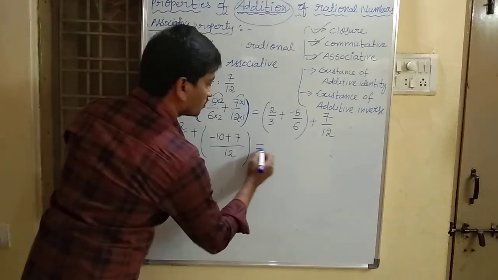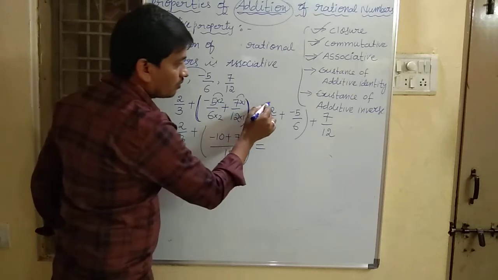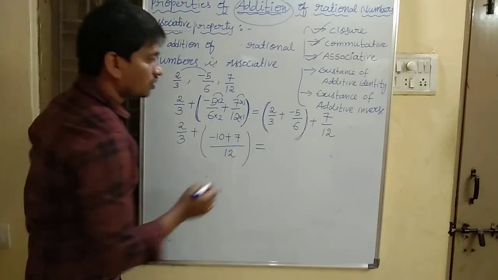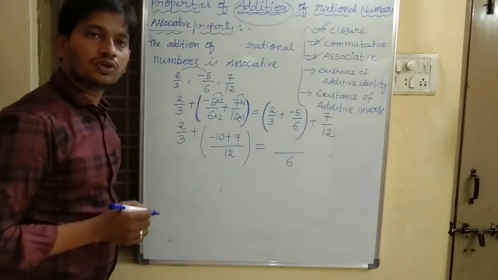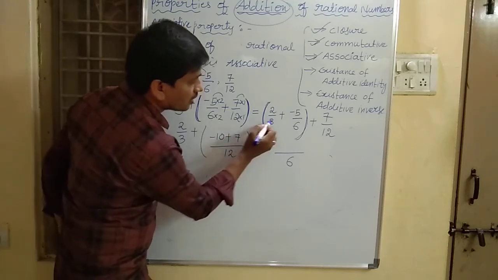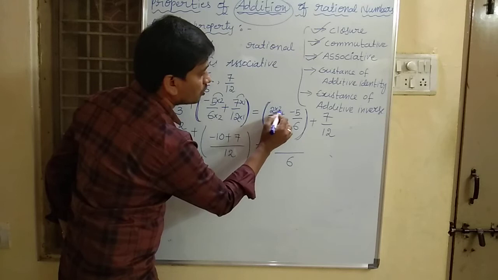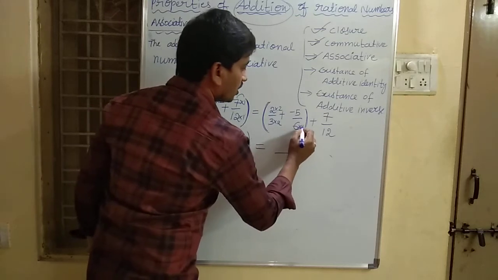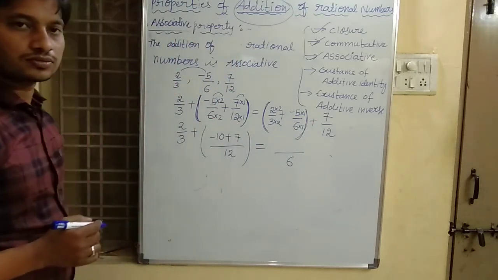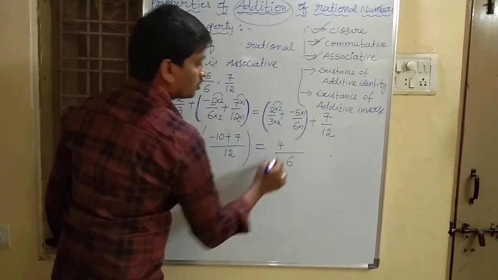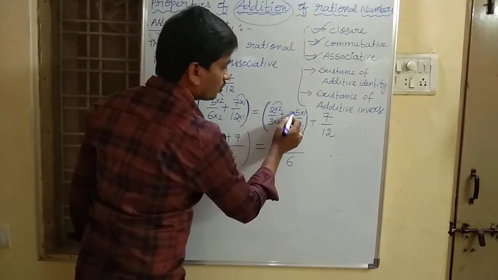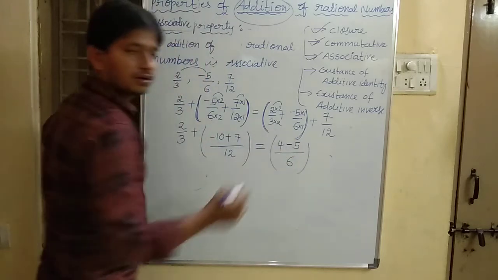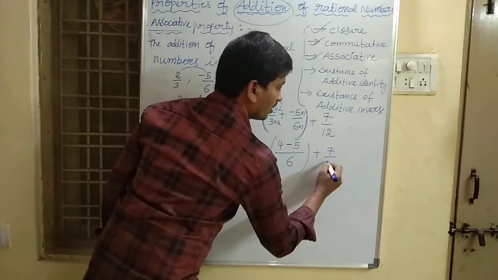is equal to. Now here, what is there in the bracket? 2 by 3 and minus 5 by 6. First we have to solve this one. So what is the LCM of 3 and 6? That is equal to 6. 3 how much are 6? 3 2s are 6, so into 2 and 2. Now in the 6 table, 6 how much are 6? 6 1s are 6, so into 1 and 1. So that is 2 into 2, 2 2s are 4, plus into minus, minus 5 1s are 5, plus 7 by 12.